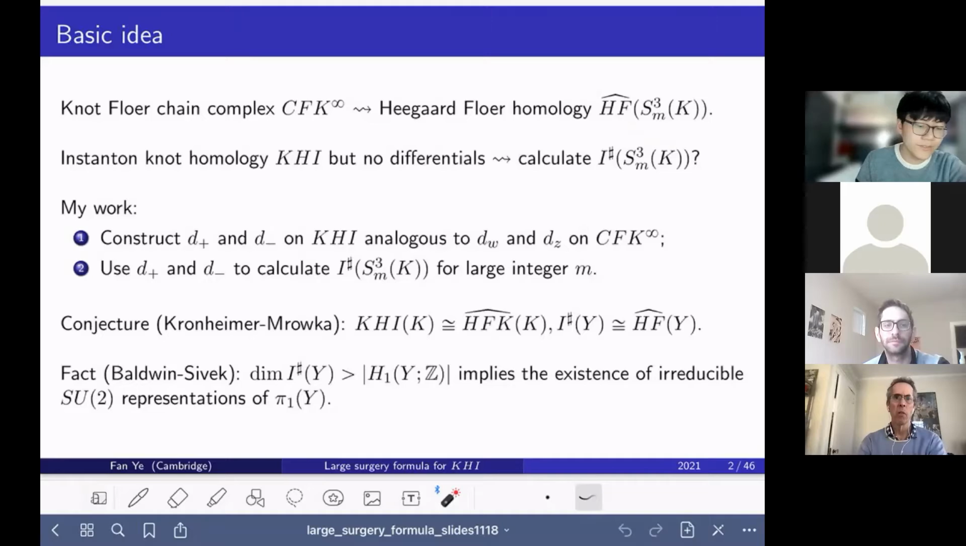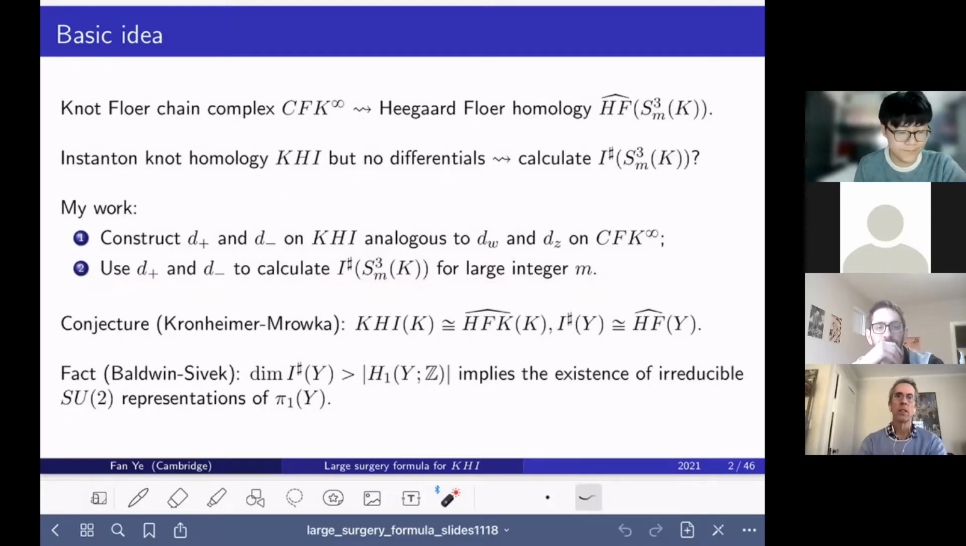And for instanton Floer homology, there's an analogous construction KHI, which corresponds to the knot Floer homology. But there are no differentials on KHI. So in this talk, I will mention how to construct two differentials D plus and D minus on KHI, which are analogs to D_w and D_z on CFK infinity,